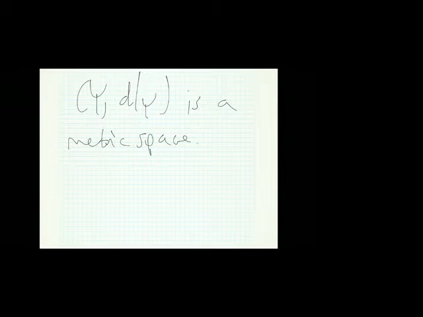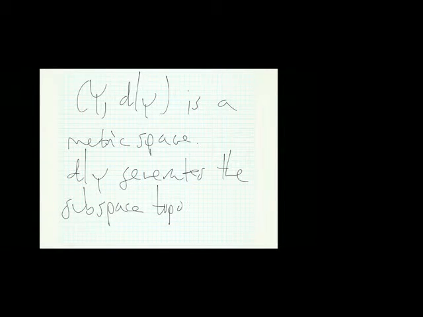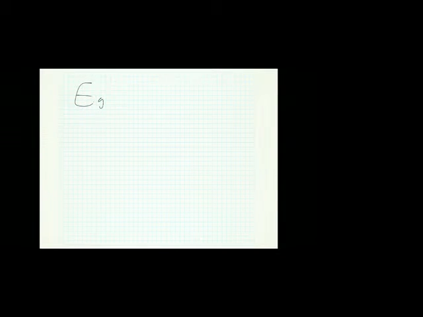So now we can ask, what is the topology generated by the metric? And we get exactly what we should. We get the subspace topology. So D restricted to Y generates the subspace topology of Y, the one that's, as we discussed, induced by X. There are some details to check there. That's what happens. So for example, just to show you what I'm talking about, you could have Y equal